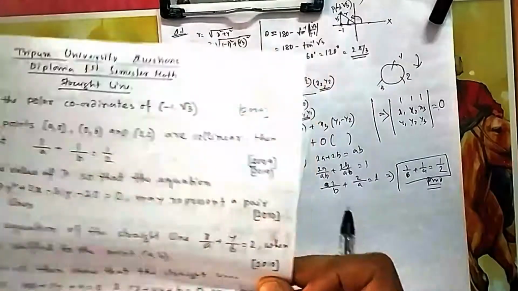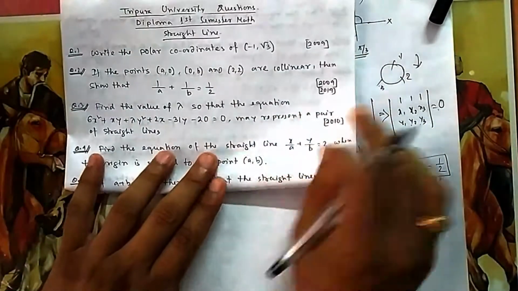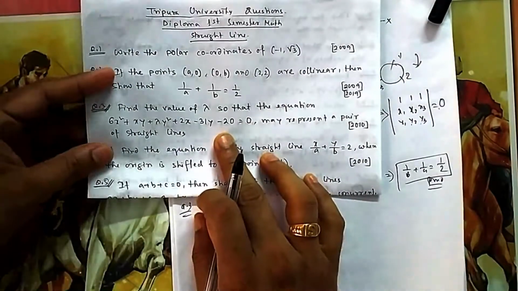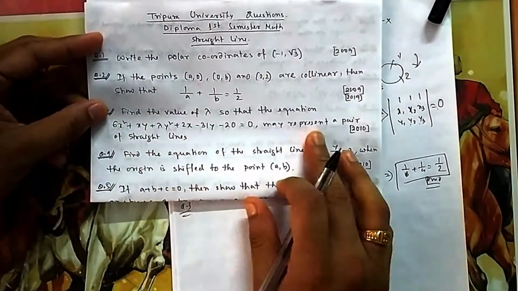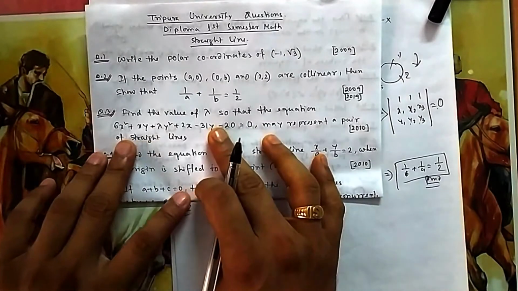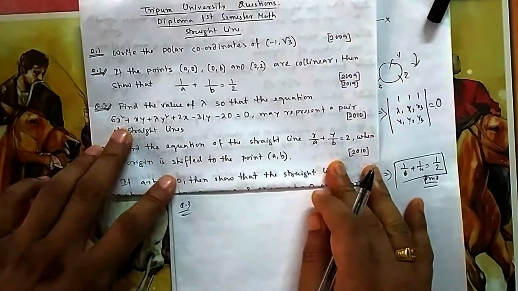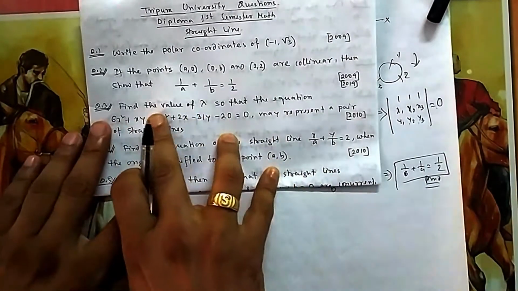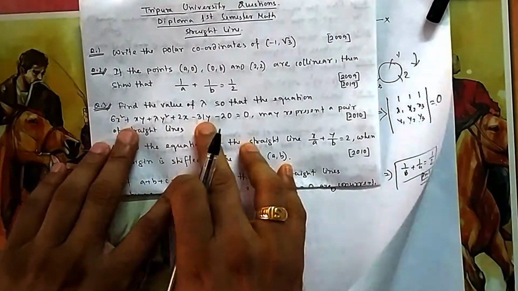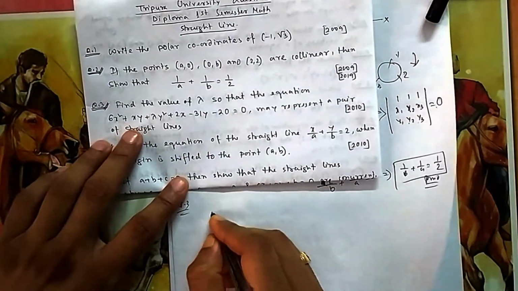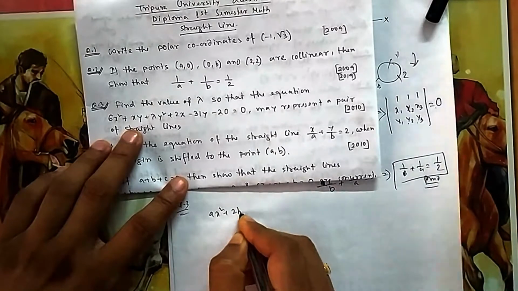Then number 3, this theory I have discussed in intermediate level. Kindly check there. I have not discussed it in basic level. I thought it would not be required for basic level, but pair of straight lines they have used, I think it is in lecture 3 in intermediate level. You see, for straight lines, find the value of lambda for which this equation may represent a pair of straight lines. So this is a general second order equation which can be written in this way.